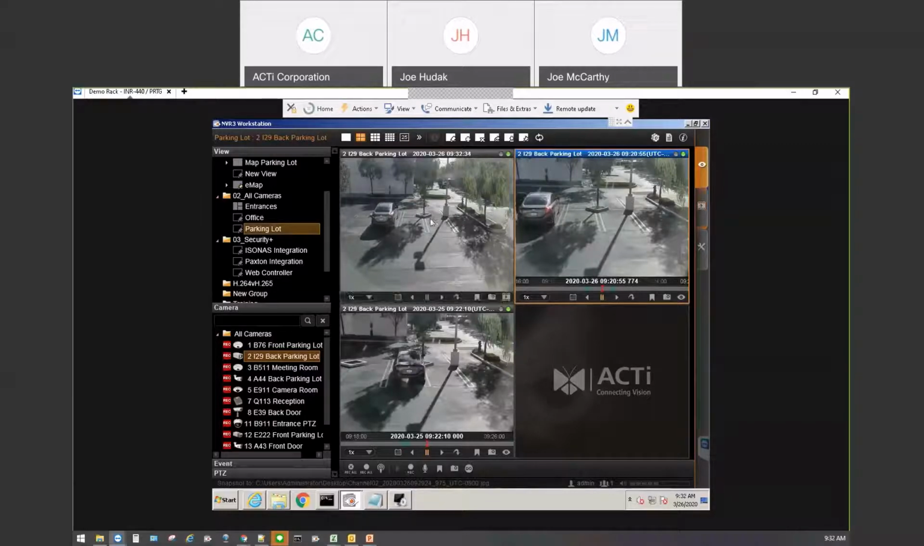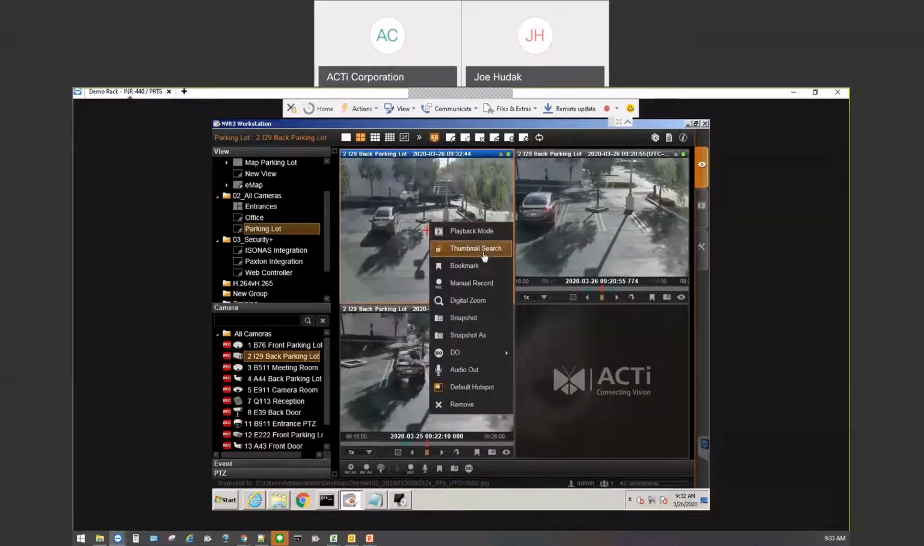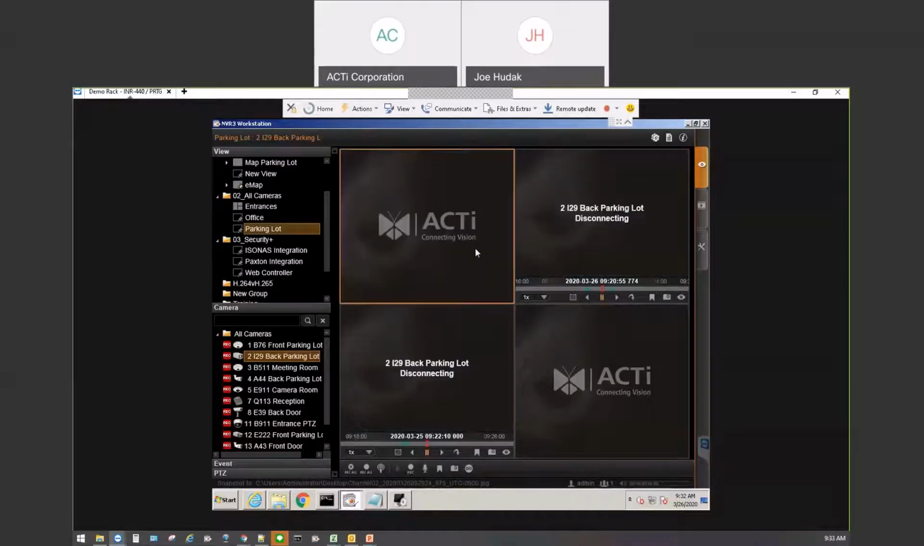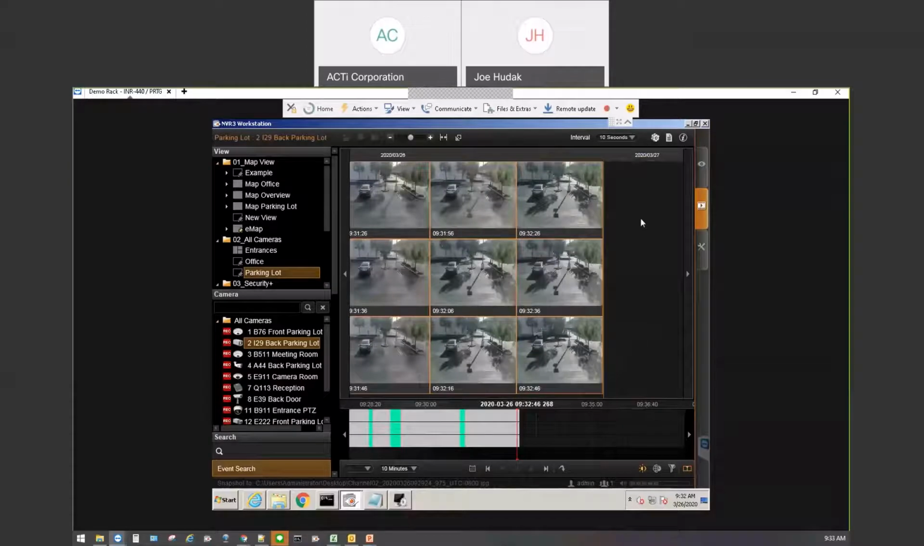Now let's jump into the playback section so we can review some of the different options that we have for searching evidence and exporting. Let me begin with one of the most popular features, which is the thumbnail search. If you right-click, no matter if you're on Live View or on Playback, and select thumbnail search, what this will